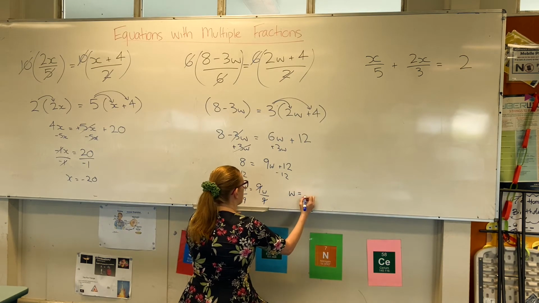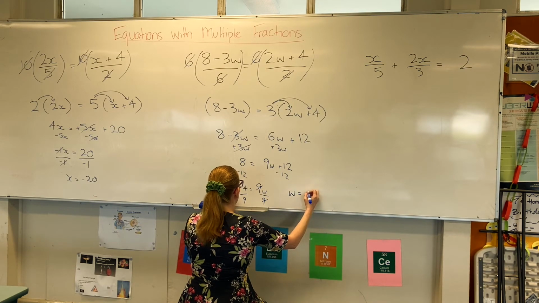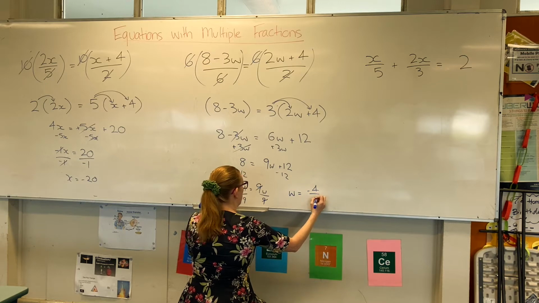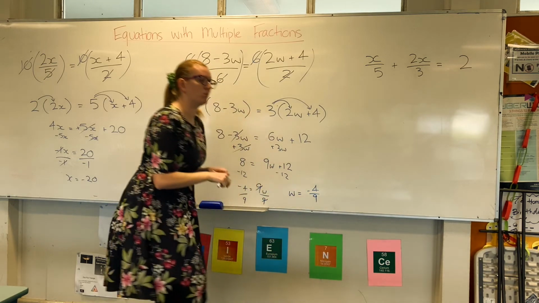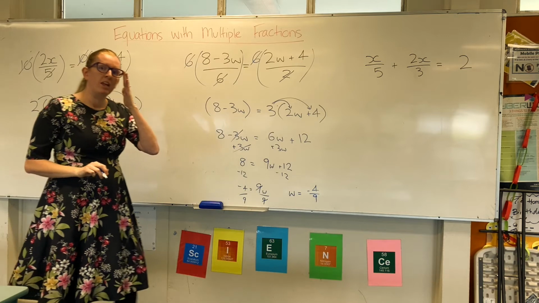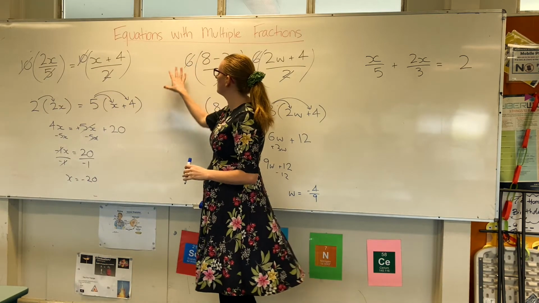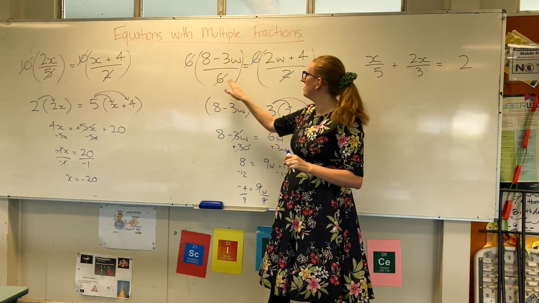Because I'm running out of room, I have to write it over here. So 9w is equal to negative 4 over 9. W equals negative 4 over 9. Cool, all right. Now, this method that I've showed you about choosing a number that your denominators fit inside and writing it in front,